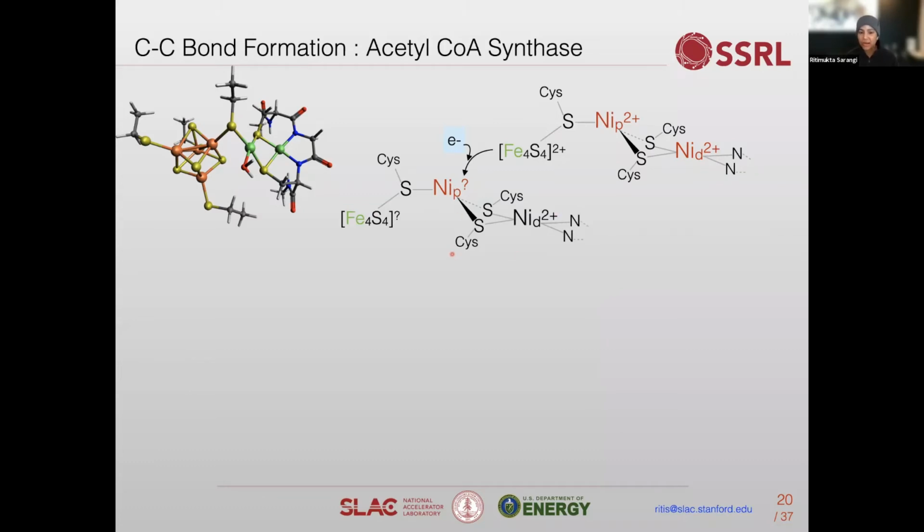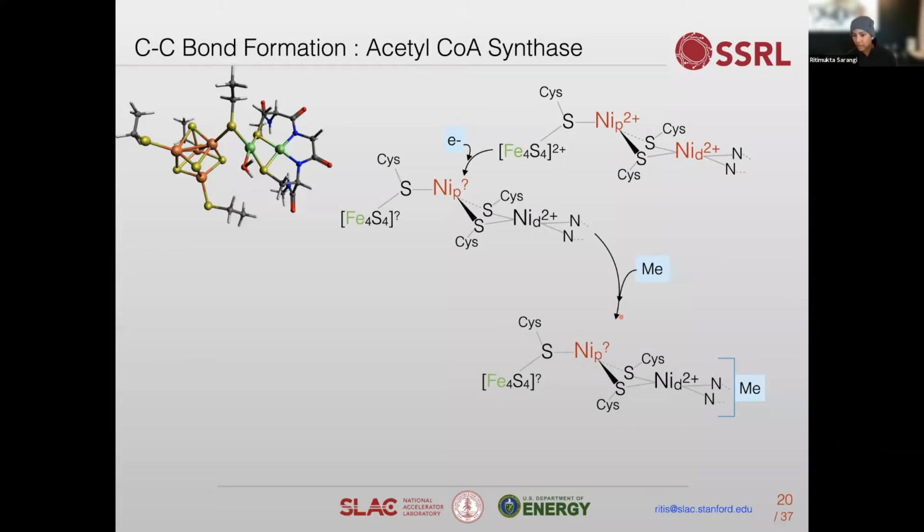Nobody has really characterized this reduced, 1 electron reduced form, because that species is not trackable. You put an electron, nothing happens, still a substrate binds. And when the substrate binds, the next process occurs. So you take the electron and then you get the methyl